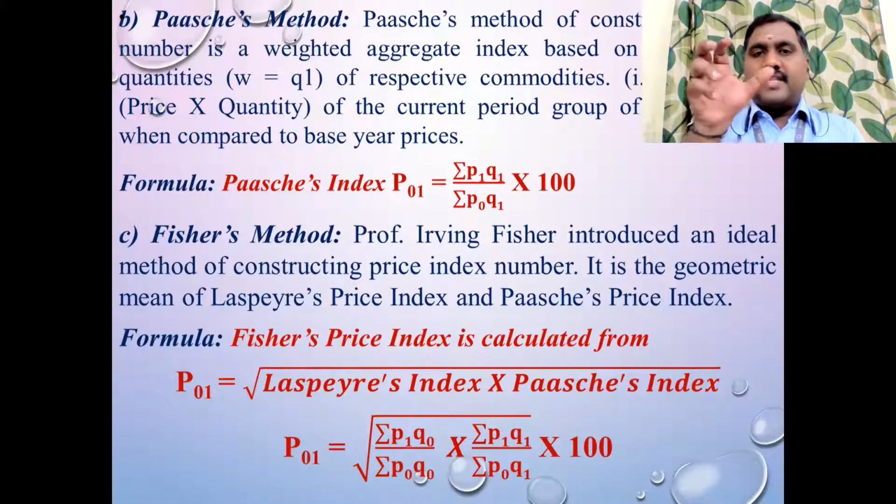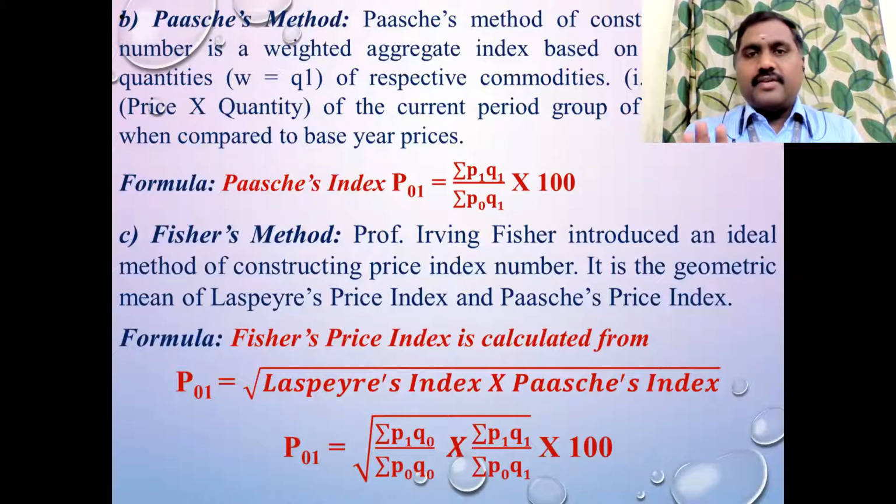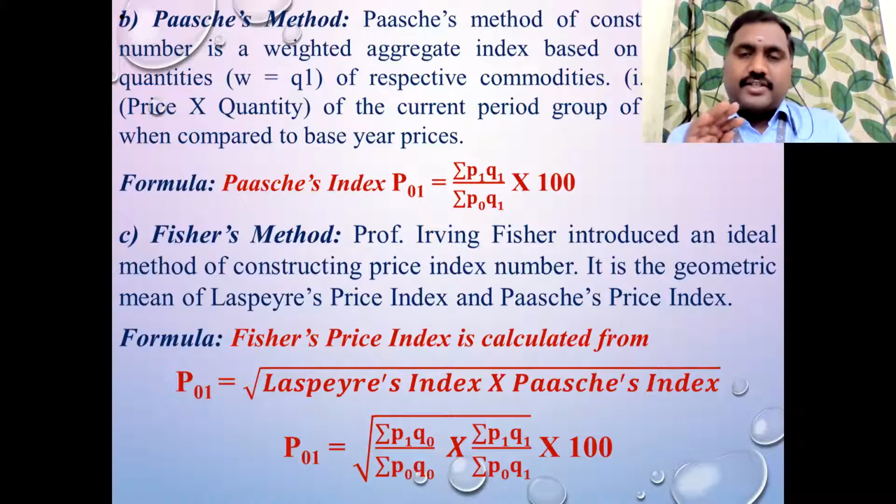Okay, fine. Under the Fisher method, sometimes in the problem they'll ask you to calculate the index number using the Fisher method. If they mention calculating the price index number by using the Fisher index method, you apply this formula and get the value. That's it. With that, you can stop the answer.